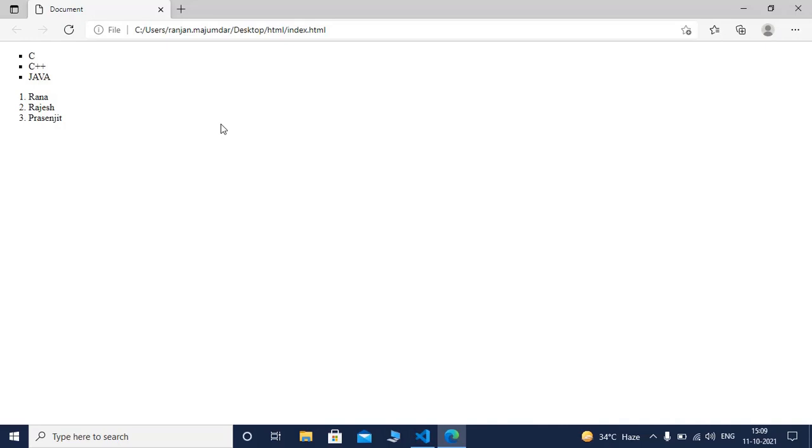In case of unordered list, you can see the bullet, and in case of ordered list, you can see the numeric value. So what is the major difference between unordered list and ordered list? In case of unordered list, it does not maintain any order, but in case of ordered list, it maintains an order. Here you can see 1, 2, 3, 1, 2, 3, which symbolizes that an ordered list maintains an order.